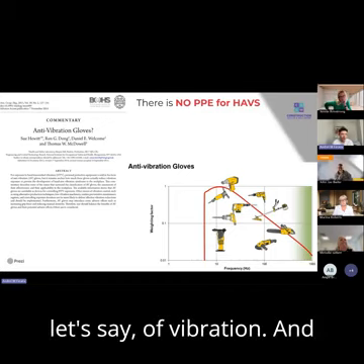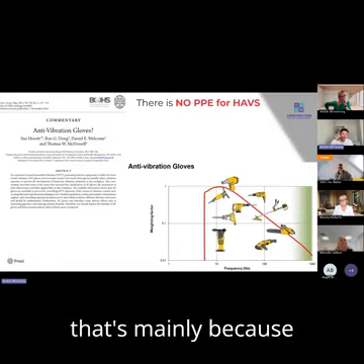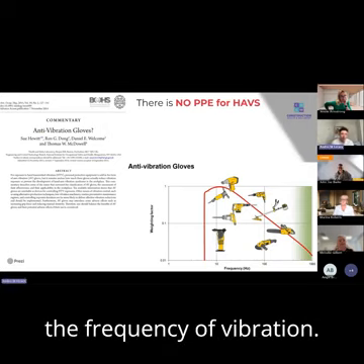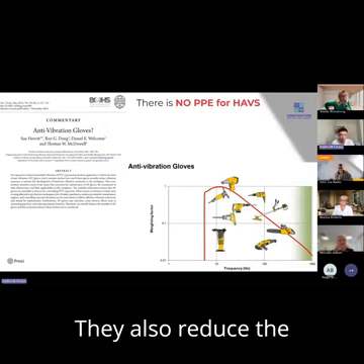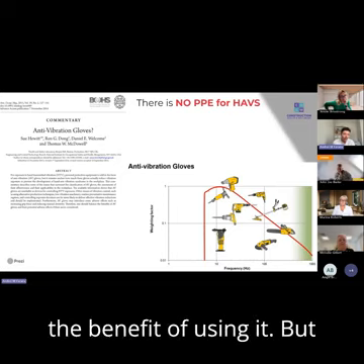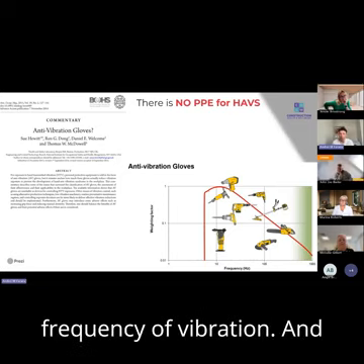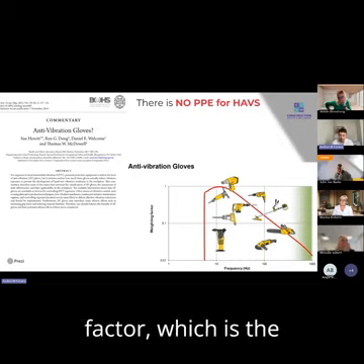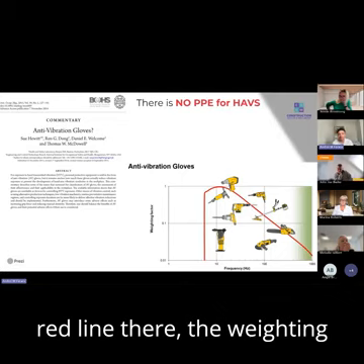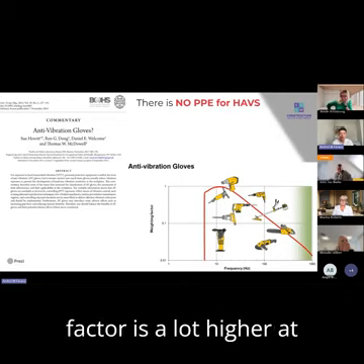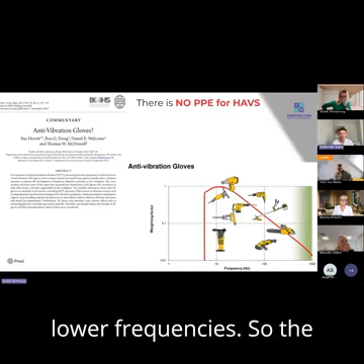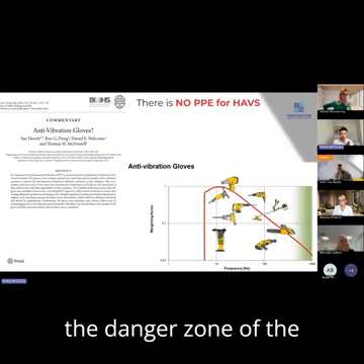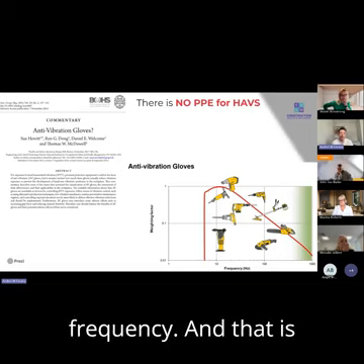exposure and the absorption, let's say, of vibration, and that's mainly because anti-vibration gloves reduce the frequency of vibration. They also reduce the amplitude, that's the benefit of using it. But they also reduce the frequency of vibration. And if you look at the weighting factor, which is the red line there, the weighting factor is a lot higher at lower frequencies. So the anti-vibration gloves actually reduce that into the danger zone of the frequency, and that